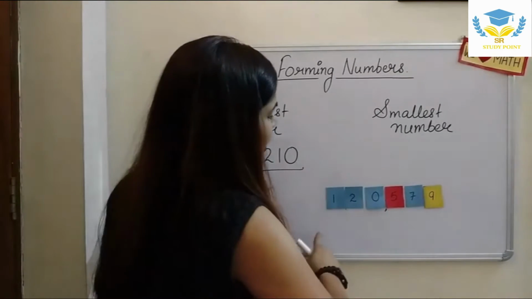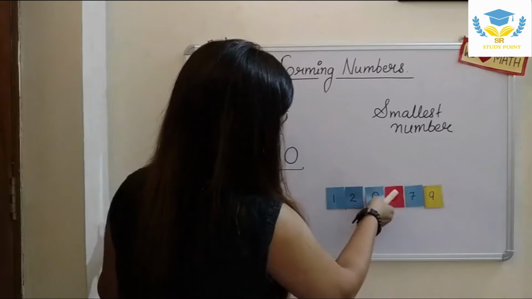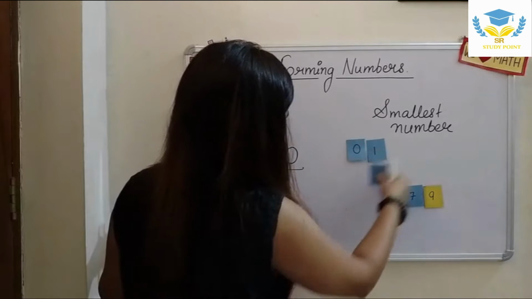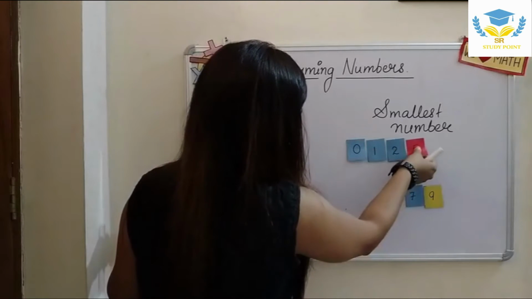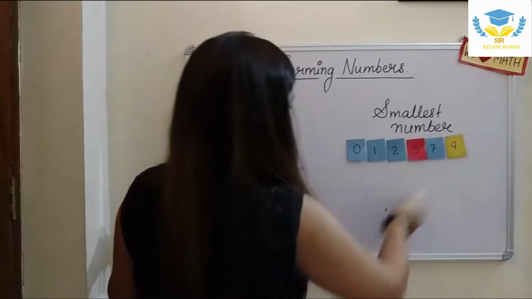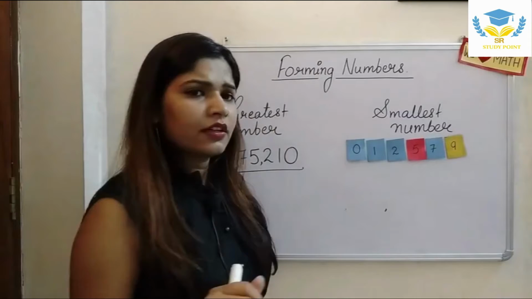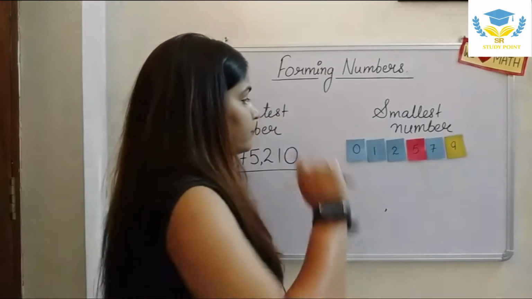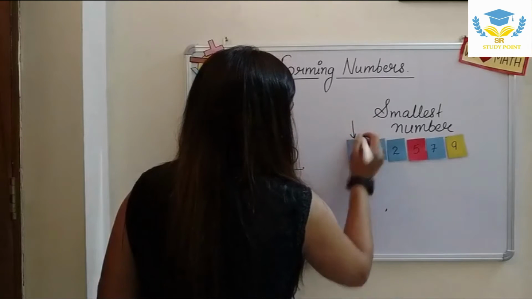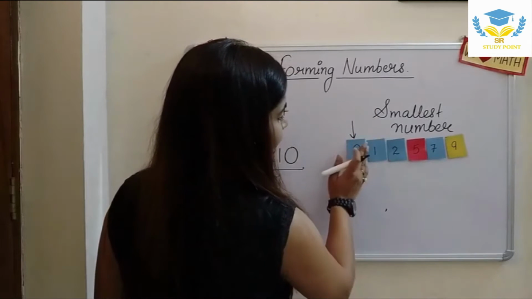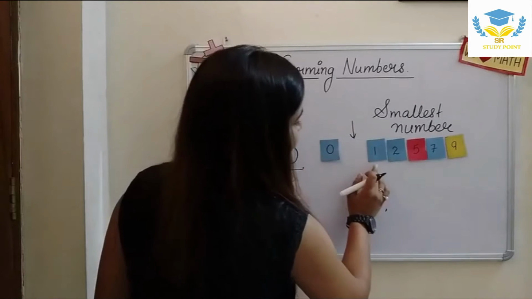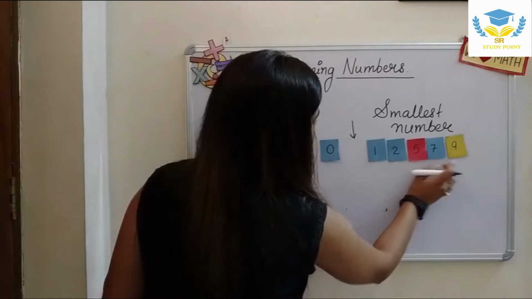Now it turns to take out the smallest number. Smallest number, what is the smallest digit over here? 0, 1, 2, 5, 7 and 9. So is it a 6-digit number? See, children, you know very well, if we have 0 at the first place, we are not supposed to consider this 0. That means this 0 is out of this line and the number will be of 1, 2, 3, 4, 5 digits.